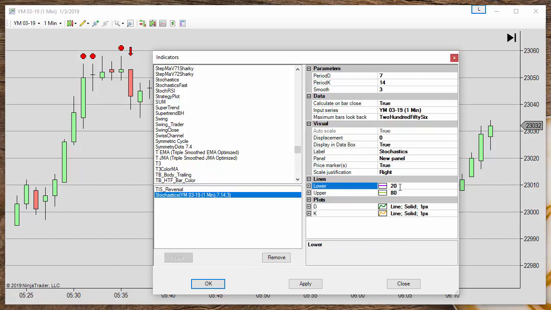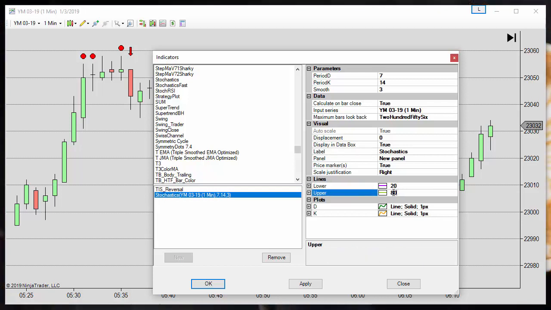The stochastic has an oversold, an overbought, a key line, and a D line that is an average of the key. For the key line I use a period of 7, and for the D line we don't use it, so instead of hiding it from the colors, we can use a period of 1.